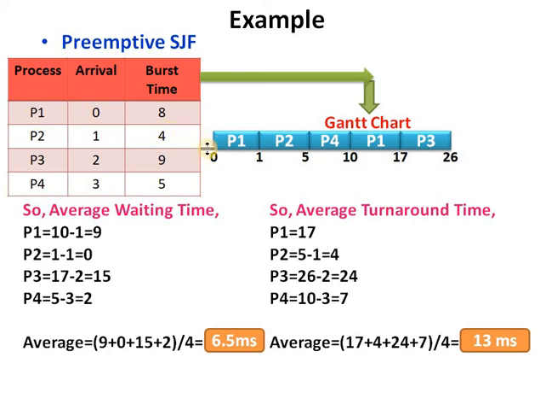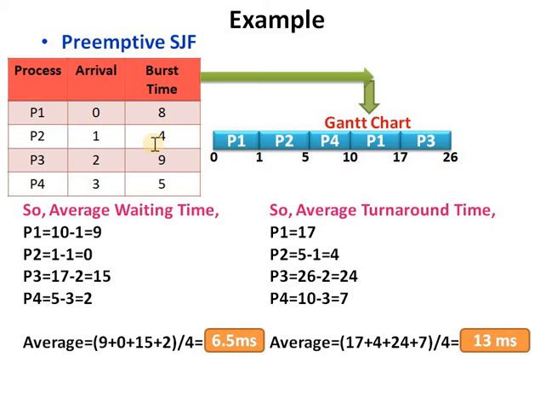After execution begins, after 1 millisecond of process P1 is completed, at that time another process P2 comes into the CPU, which has a smaller burst time than the current running process P1. So, the CPU takes the process P2 for execution. In this condition process P1 is preempted and process P2 is taken for execution.